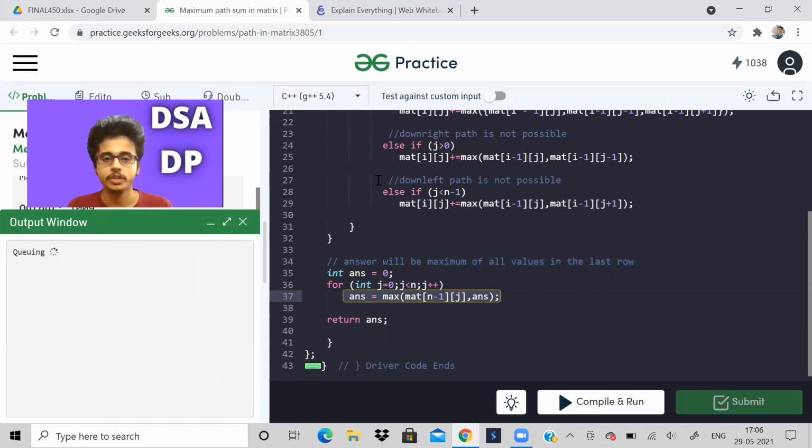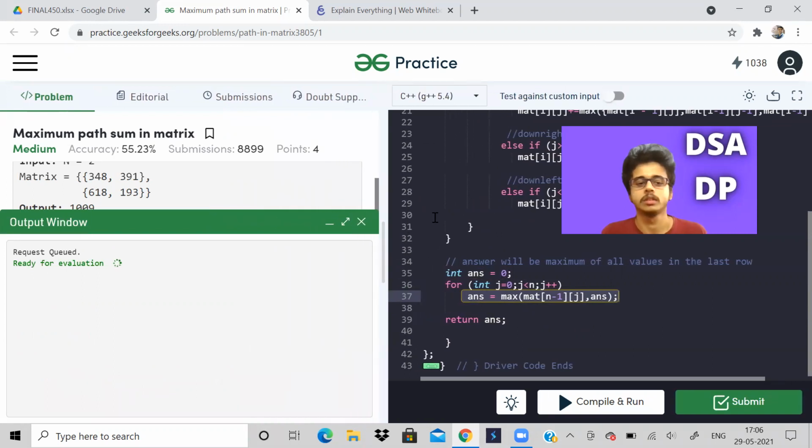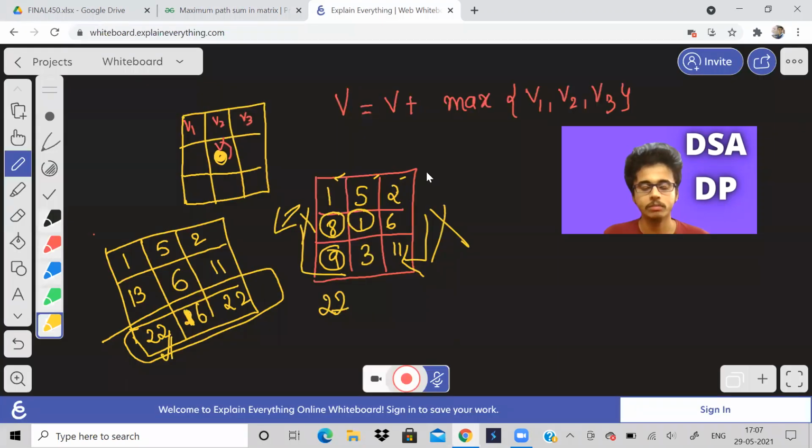So let me run and show you. Some of you are complaining that I don't run the solution. I'm sorry for that. But whatever solution I share, I would have run, and you can trust it. It is correct. Sometimes it might have been wrong in the very beginning videos, but nowadays it is correct. So as you can see, this is correct, and this was a beginner problem.